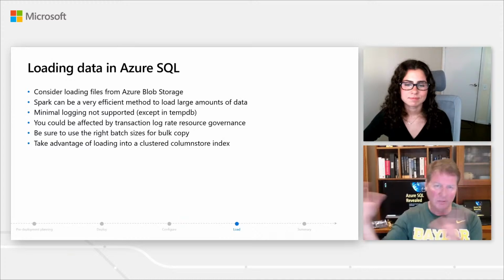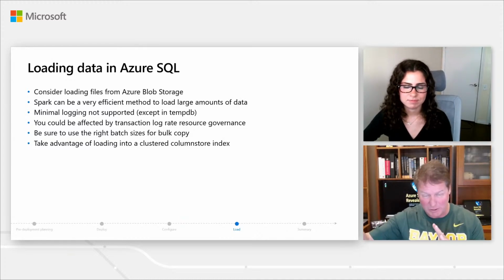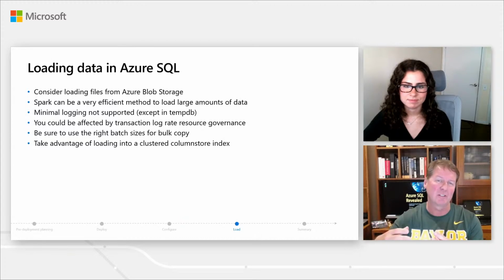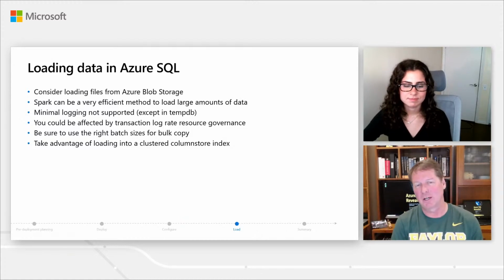So load your files up into Azure storage, and then use something like Spark, which could be running in a VM, or do a bulk insert where the server is actually accessing the data. So get your files there, and then use the native services in the cloud to pull that data in. And again, we mentioned briefly that the recovery model for SQL Server has to be full